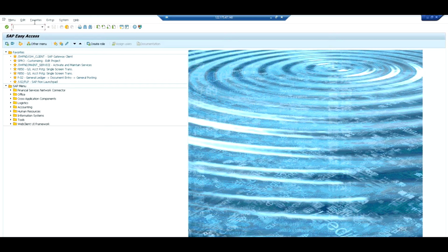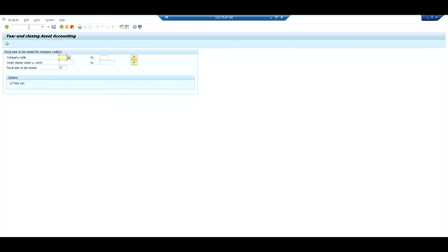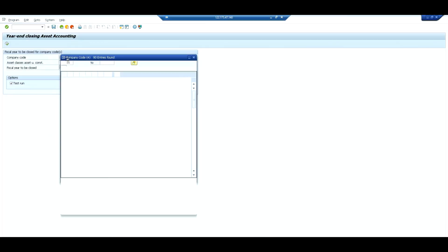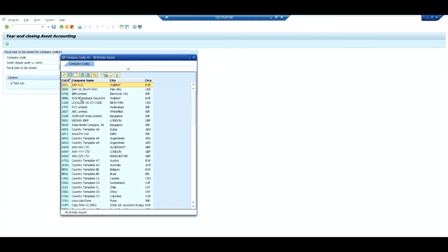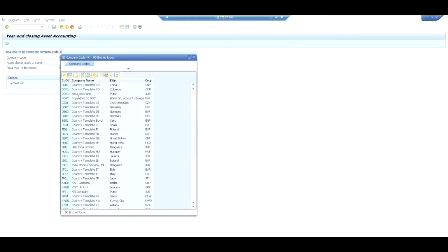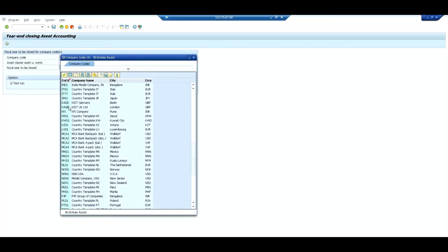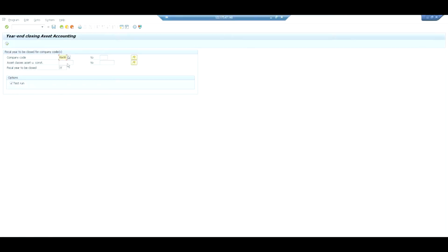You can type here, or if it is already typed in, then you can select. So here I am typing AJAB, then enter. It will show you year-end asset accounting. Company code you can select. Like this, we have already selected KAGP. Okay. Fiscal year to be closed, we can close fiscal year 2016,